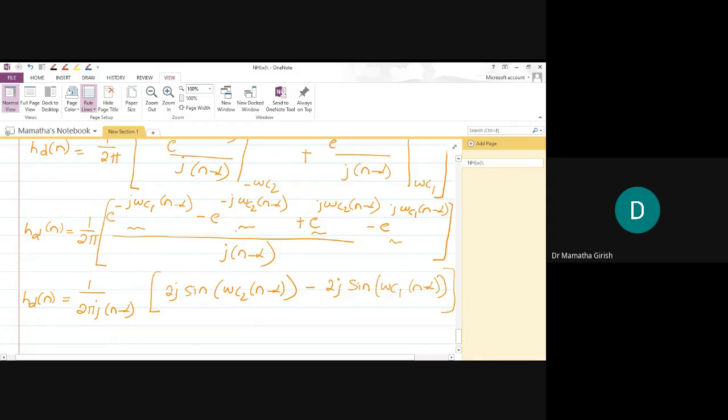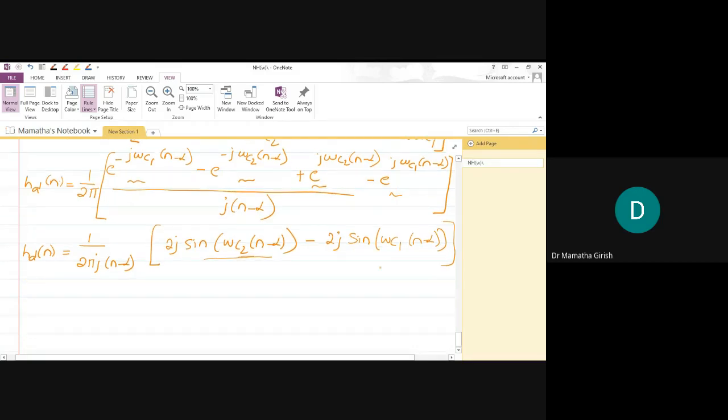See, to take into account the second term, e power j theta minus e power minus j theta, I got this term. The second and third terms give me this first term. By considering the first term and the fourth term, I'm getting the second term. In both the first two terms, 2j is a common factor. By cancelling the 2j with this 2j, I end up in the equation for hd of n as